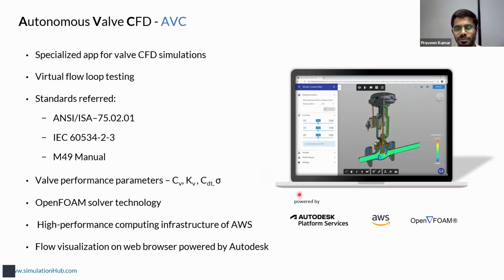It's a cloud-based application. It is powered by Autodesk Platform Services to handle the CAD and post-process or visualize the results on the browser. And AWS, Amazon Web Services, is utilized for running the CFD simulations on the cloud. So your local machine is not used for running the simulation. Once you submit, it runs on the cloud. And then OpenFOAM is the CFD solver used in the backend,